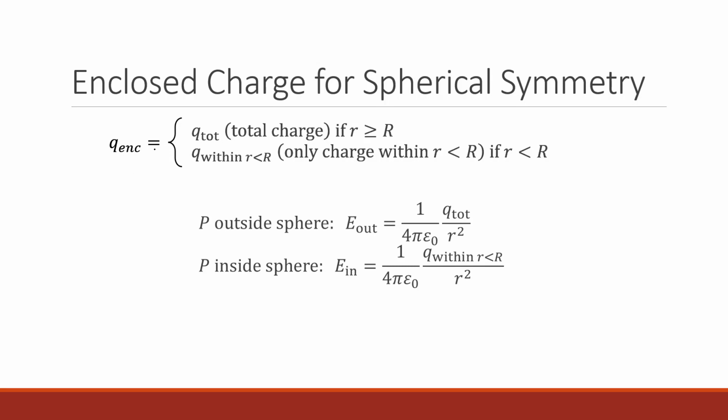Okay. Now for an enclosed charge for spherical symmetry, we have two different cases. So our Q enclosed could be our total charge. That is if r is greater than R. Okay, what does that mean? So basically, which I should have drawn this, I don't know what I was thinking, but if we have a